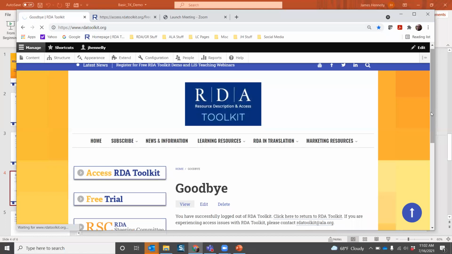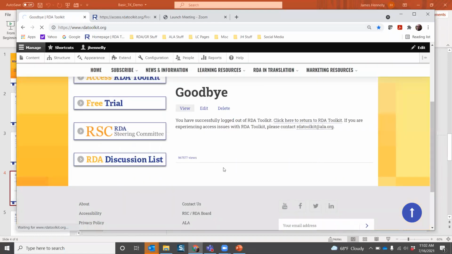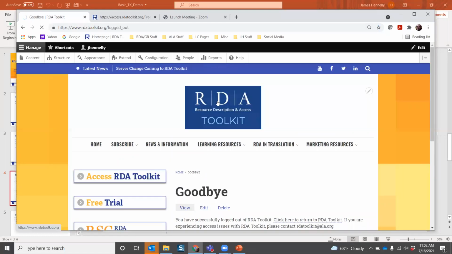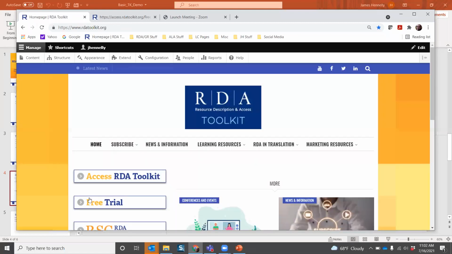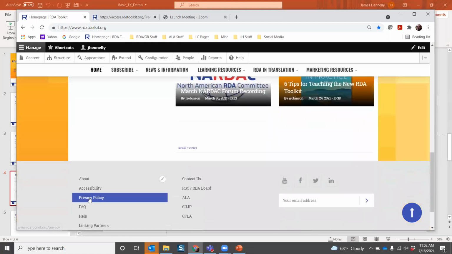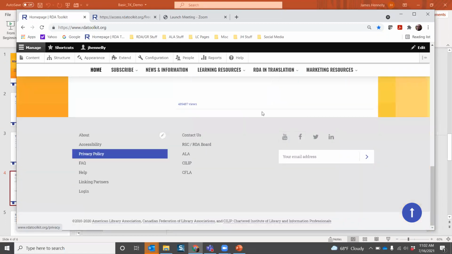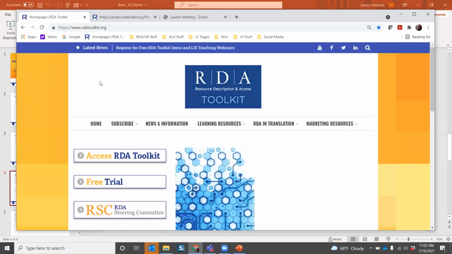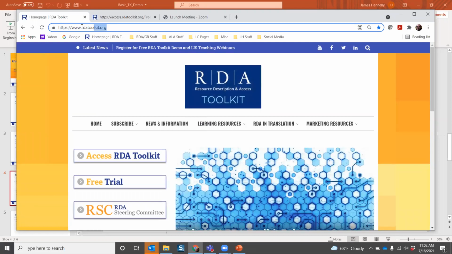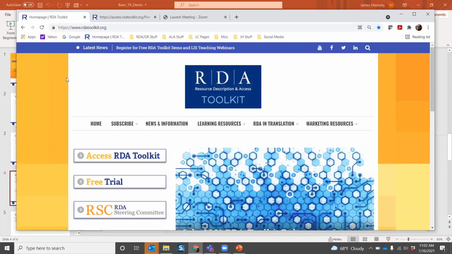I'm going to get to the front page here and let me log out of my, you're seeing the, where do I log out? Here, that's where I log out. You're seeing the interface for when I'm logged in to make changes to this site. So this is rdatoolkit.org. You can see it up here. The URL is rdatoolkit.org. The first thing you see here is kind of a